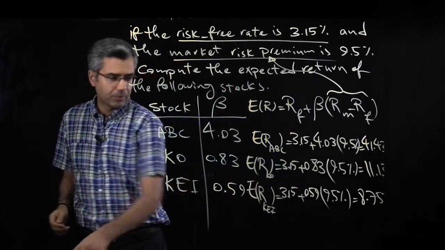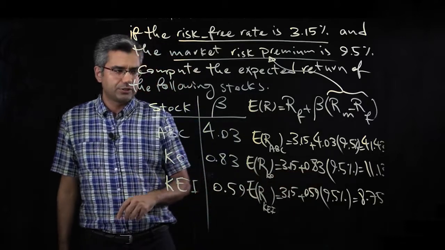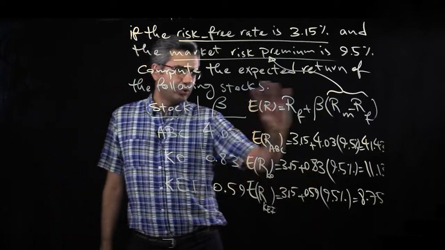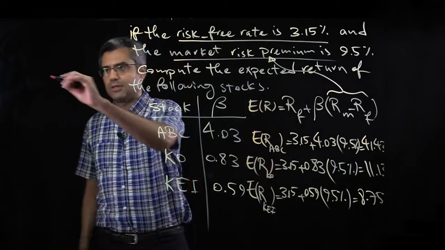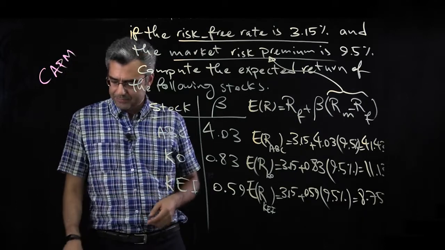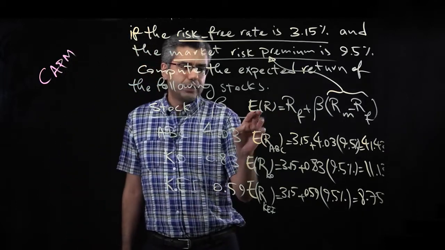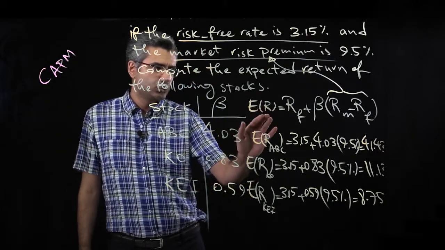So based on the market return and beta, we are computing the expected return on the stock. So what does it mean? The formula is the capital asset pricing model. It means that if you want to compute the expected return of the stock, it should be